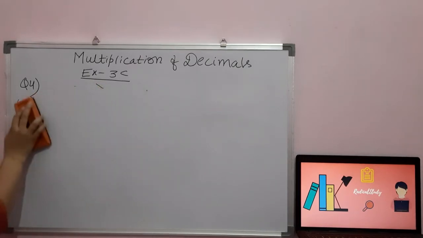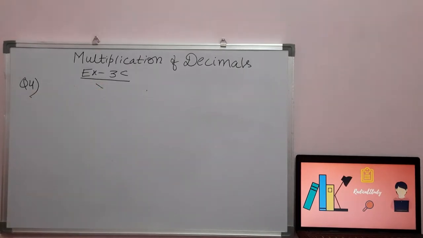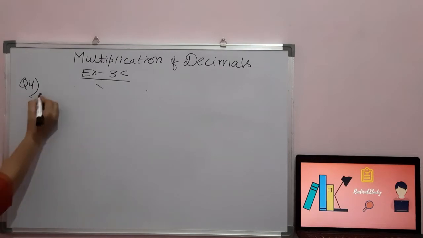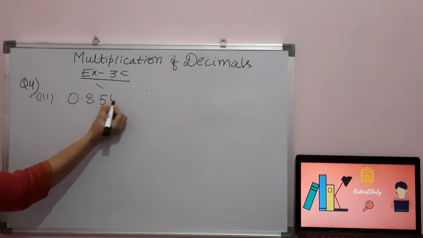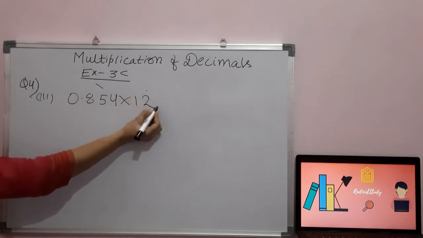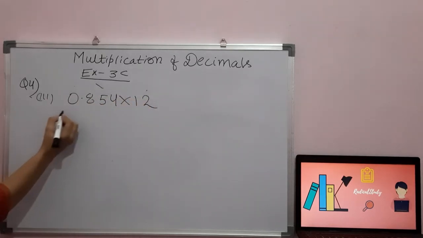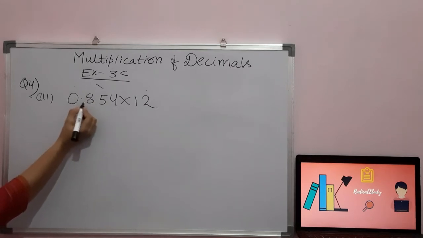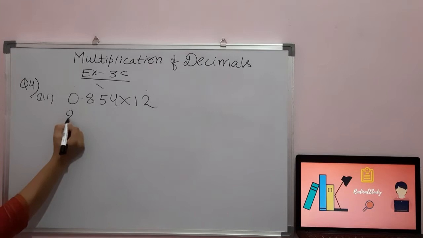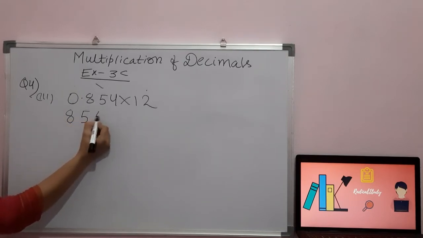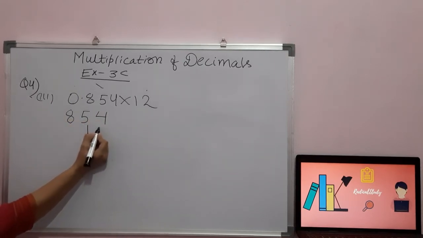Now the next option which I am going to solve is option number 3. So please pay attention students. So the option number 3 is 0.854 multiplied by 12. Now I am going to multiply. यहाँ पे आपका 0.854 है, तो there is no point of writing this 0. जब हम लोग point हटाएंगे तो we will write this number directly like this.